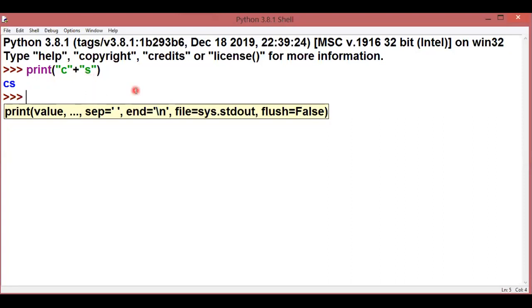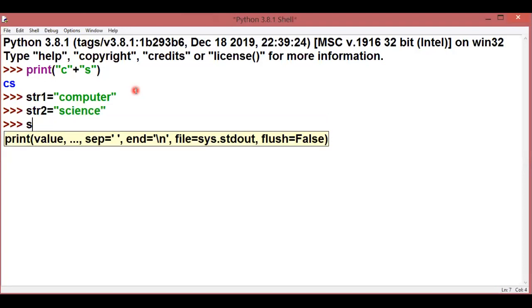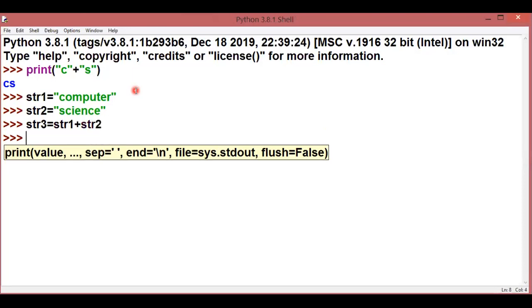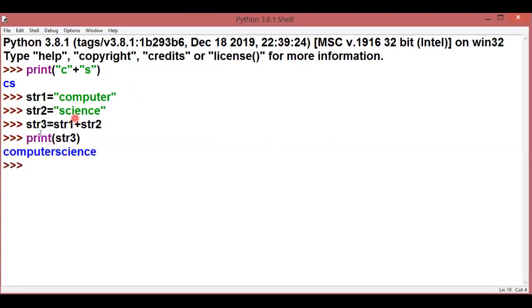We can do it in another way also, where I store the values in this way. str1 holds computer and str2 is going to hold science. Then we take a third variable, which is going to hold the addition of str1 and str2. Now I'm going to print str3, so I'll get the result in this way.